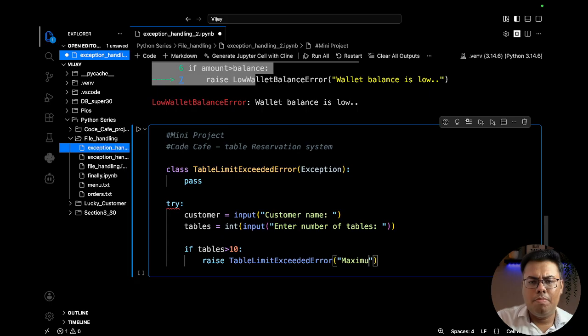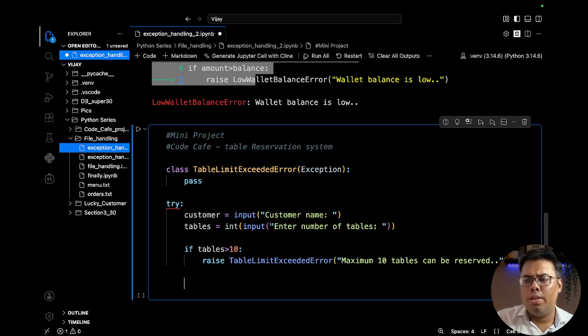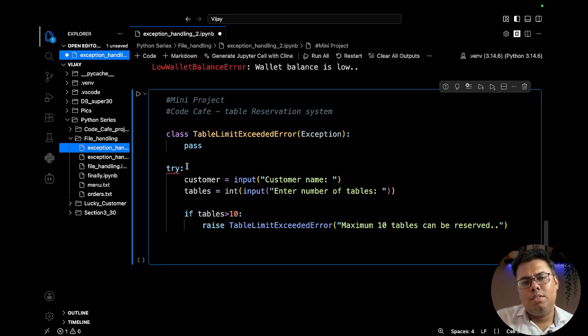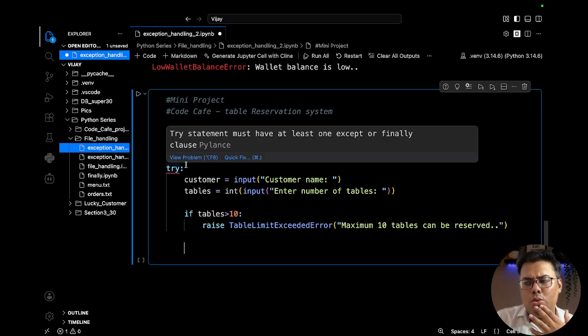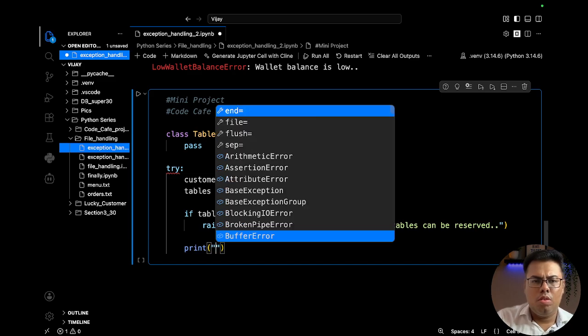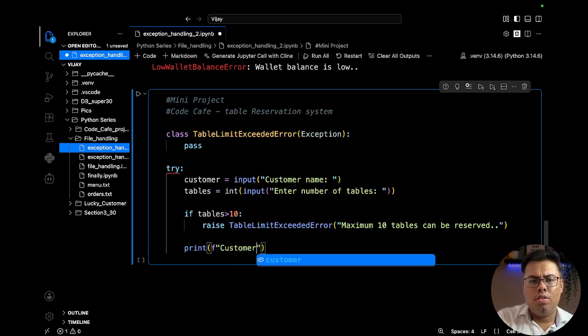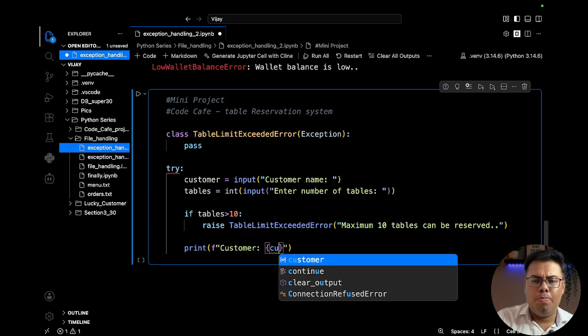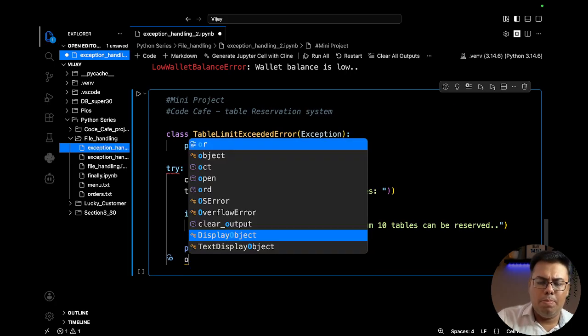Maximum 10 tables can be reserved, that we are telling the customer. Okay, let's say the customer is able to follow that, and now we want to validate if that was successful. Then we will print the f-string, the customer variable, then we will print